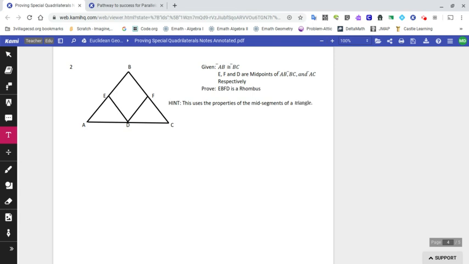We're trying to prove that EBFD is a rhombus. Now E, F, and D are midpoints of the three sides of the triangle. So those two segments, ED and FD, are mid-segments. Remember what we talked about with mid-segments of a triangle. The mid-segment is parallel to the third side, and the length of a mid-segment is half the